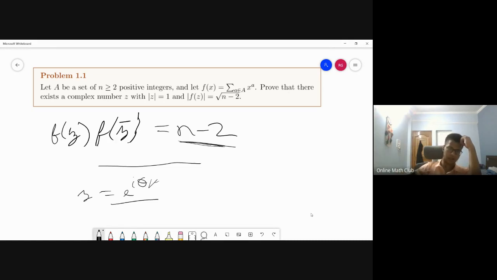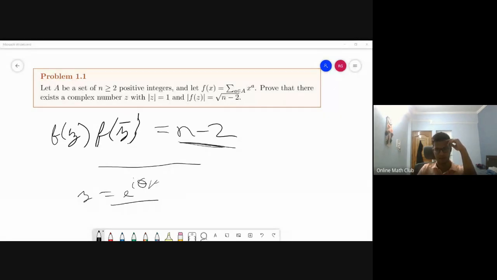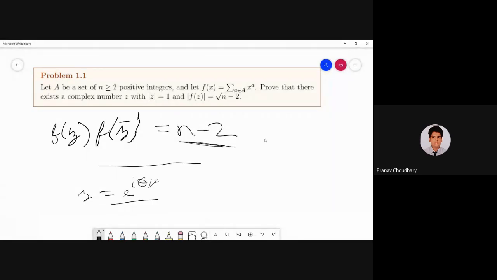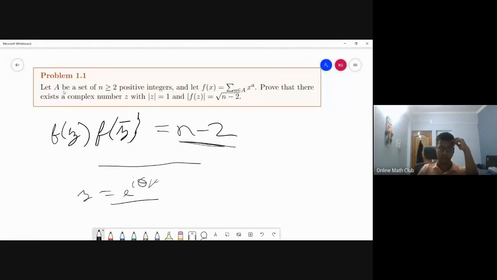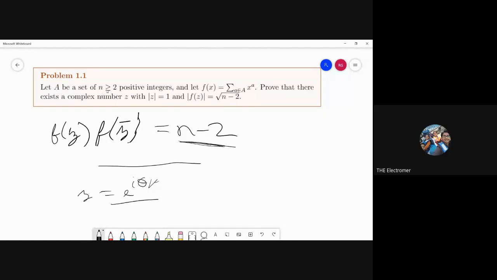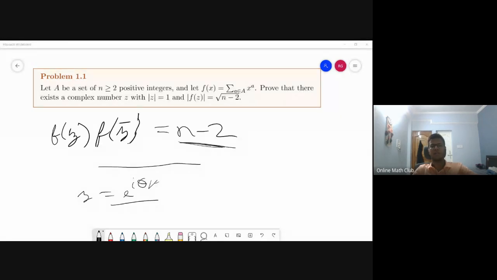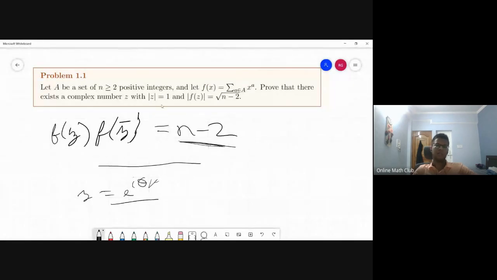Also, since we are looking at this, we can just assume that the smallest element of A is 1, or 0 for that matter. Oh, it is 1 because positive integers. The smallest element of A, in any set of n positive integers. I think we can even take it to be 0. Yeah, but if you want to keep the positive integers condition and not say things are not defined or get into that mess, that is all I mean. But since we're just working with mod z equal to 1, it's absolutely fine to take the least element 0.